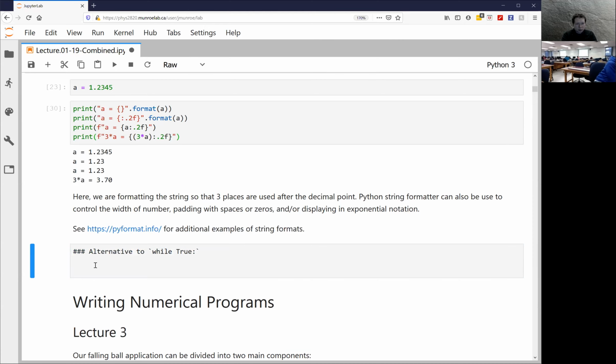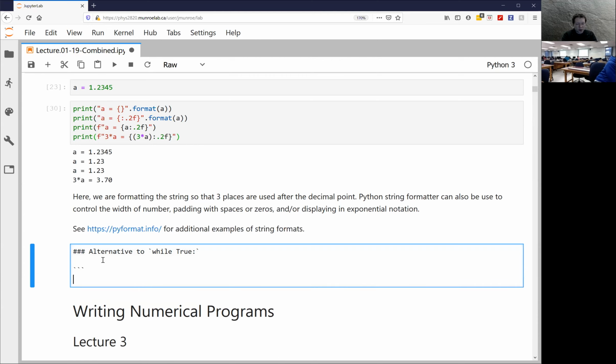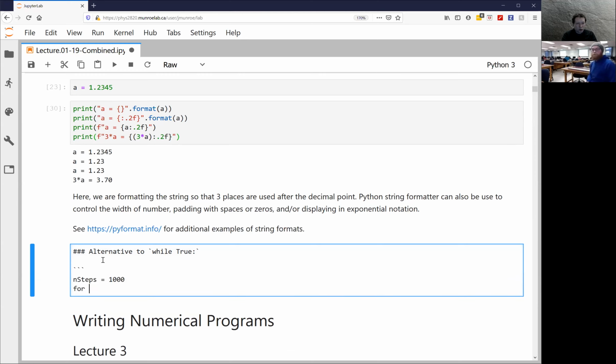Oh, I'm sorry, the keyboard's not working the way I want it to. We could do something like saying n steps equals 1,000, and then for i in range n steps,